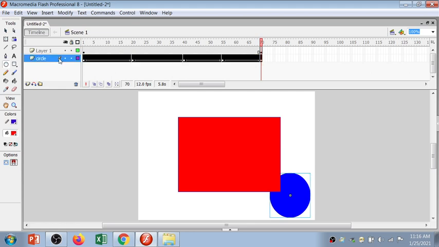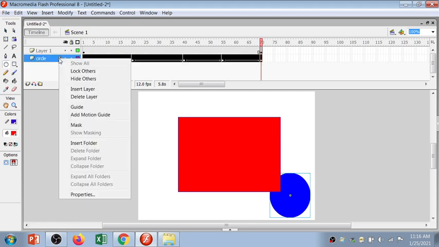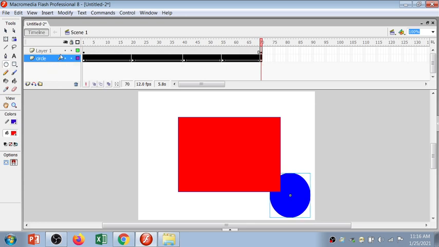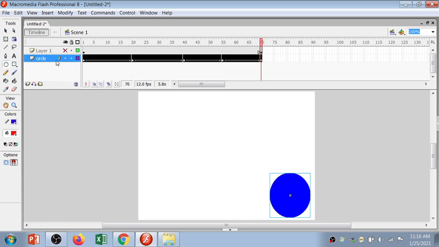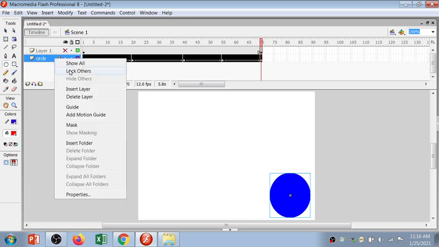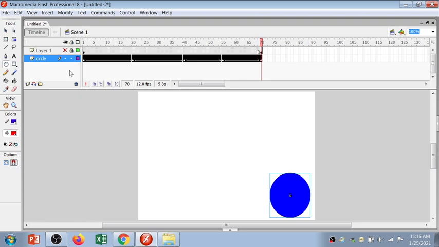So if you right click and hide it, see, click and hide, let's say lock the layer. So you can see the first layer is locked and hidden.